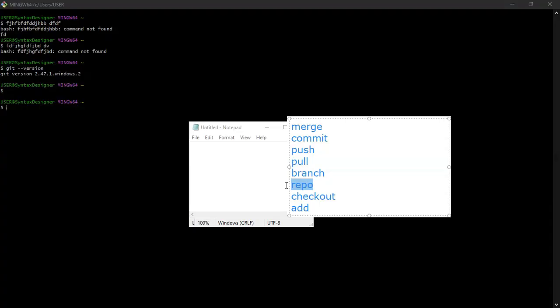So a branch is just a copy of your entire project that you can work on independently, without interfering with other branches, other parts of the code. Now push allows us to push our code to GitHub. Commit allows us to add a meaningful message. For example, let's say